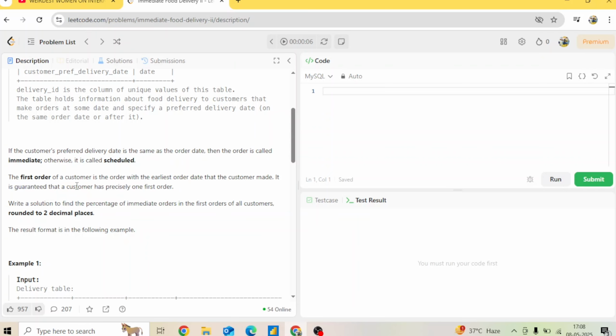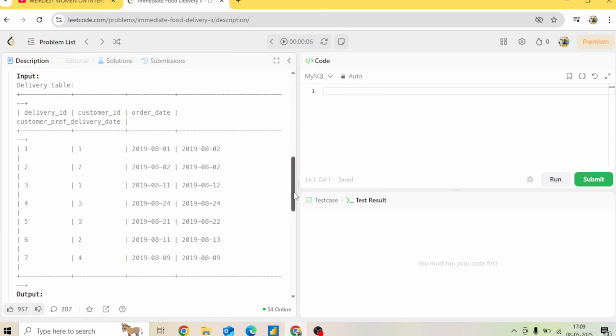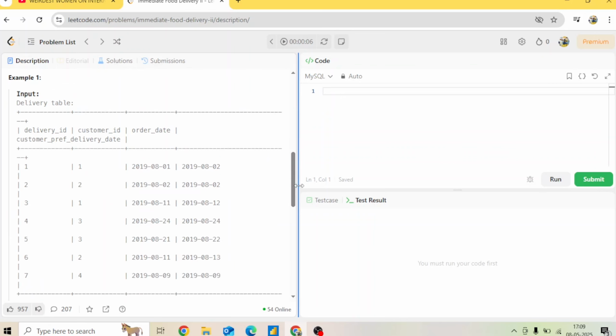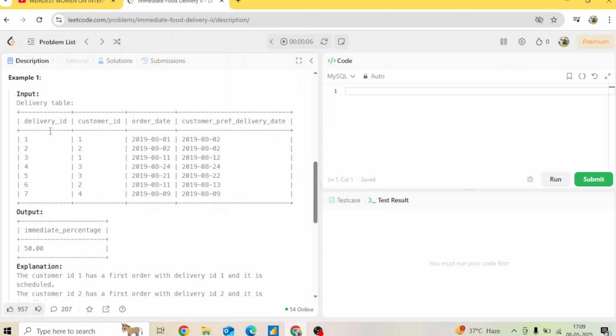The first order of a customer is the order with the earliest order date that the customer made. It is guaranteed that a customer has precisely one first order. Write a solution to find the percentage of immediate orders in the first orders of all customers, rounded to 2 decimal places. So in this particular table,